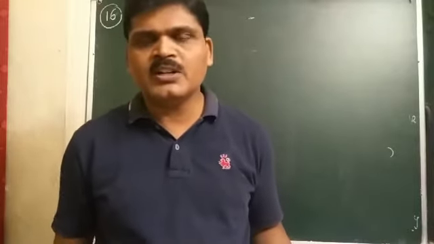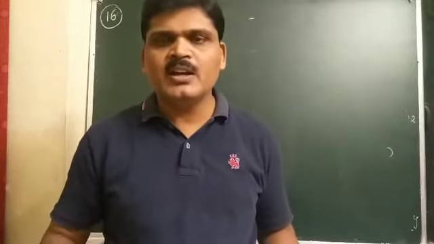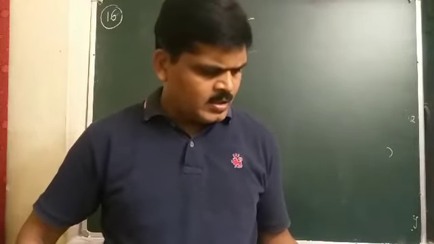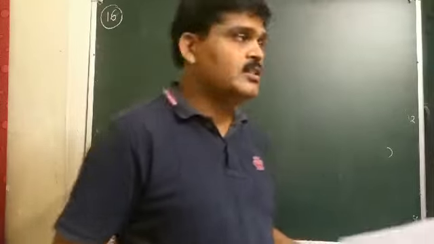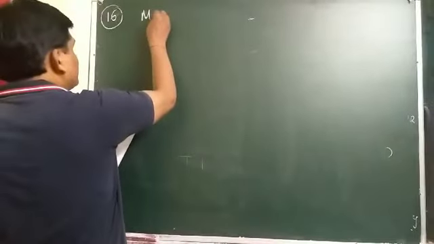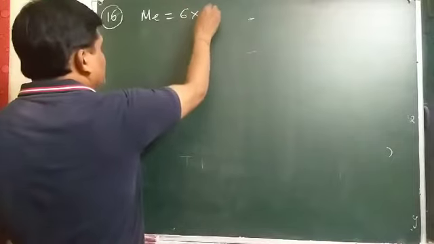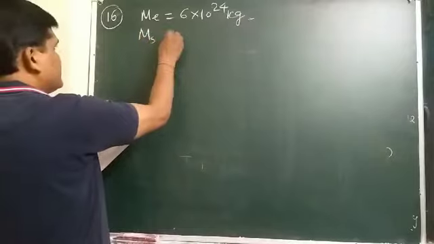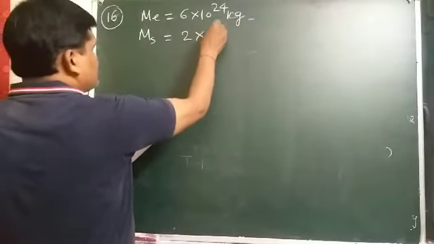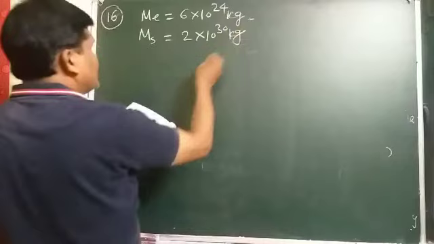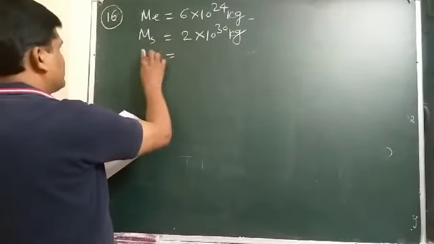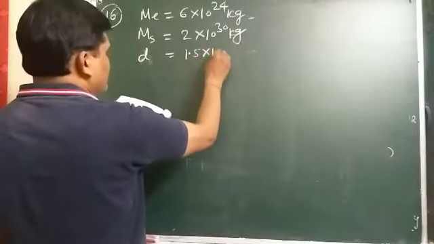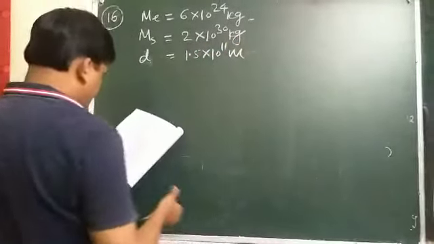So students, you know that F equals G m1 m2 by r square, and with this formula we can find the force of gravitation between the earth and the sun. So the mass of the earth is given as 6 into 10 to the power 24 kg, students. Mass of sun, Ms, is 2 into 10 to the power 30 kg, and the distance between them, suppose we have taken d, is 1.5 into 10 to the power 11 meter,